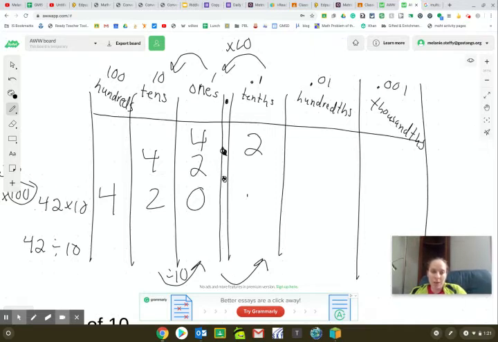Anytime you multiply by 10, you'll see here the decimal point moved one place value to the right, which is why the number shifted over a place value to the left. So it's kind of complicated here, but I want to remind you that it's not the decimal point that's moving in the problem. It's the numbers that are shifting from the left to the right when you multiply by 10 or 100 or 1,000. So let's go ahead and take a look at some examples here